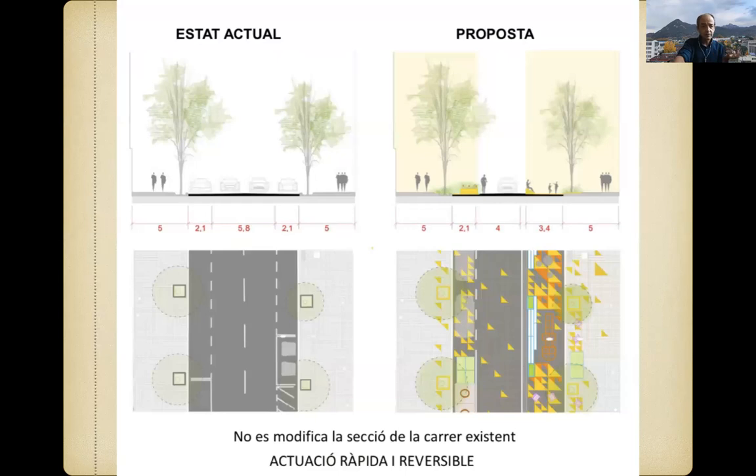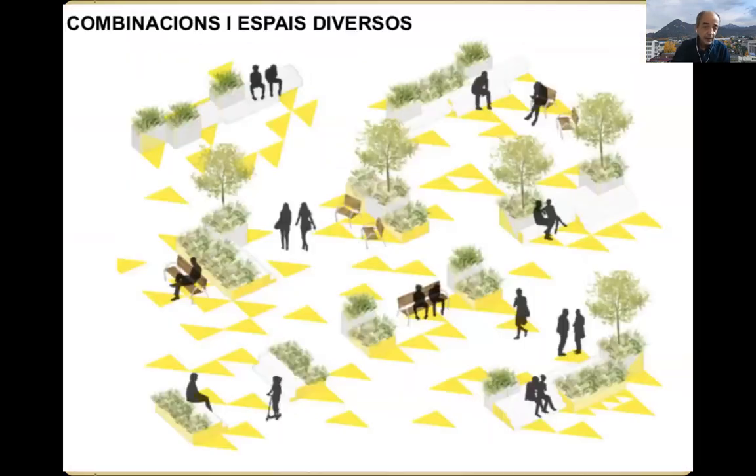Some examples of existing streets and proposals. So this is a tactical proposal in which you have a reduction of cars and the parking space added for the pedestrians without big changes, using painting on the asphalt to make cars go slower, and gain space for people with planters and movable elements. Here you already have design, right? Of course, we shouldn't copy this. We may have our own ideas.